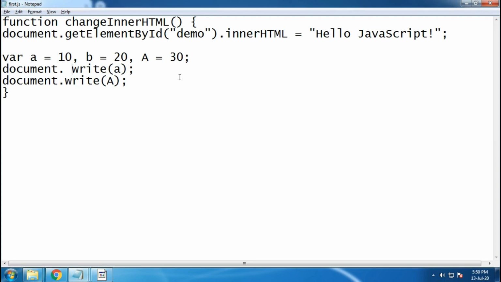Let's say we are writing some code and it gets long. From a good practice perspective, it says that one line should not exceed more than 80 characters. When I say characters, it will be 1, 2, 3, 4, 5, 6, 7, 8, 9, 10, including space, 11. So there should not be more than 80 characters.